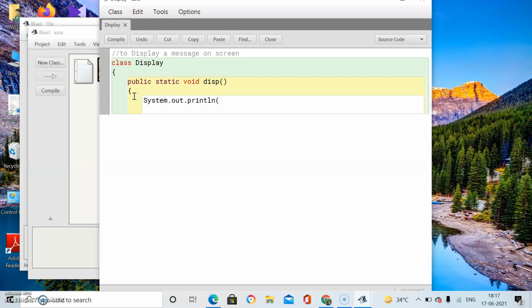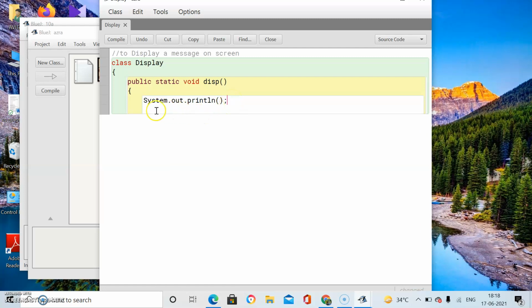Then bracket. This is the format of the SOPLN statement: system.out.println brackets followed by semicolon. Semicolon is a statement terminator. It denotes the end of the statement. Remember, each and every executable statement in your program will be terminated by semicolon.